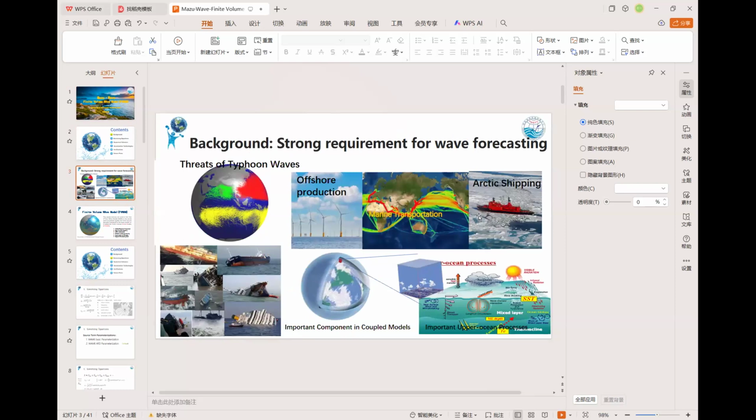First, China is threatened by typhoon waves, and we have many windmill farms and much marine transportation and some Arctic shipping. So we need a skillful numerical wave model. And as we all know, the wave model is an important component in coupled models. So we developed